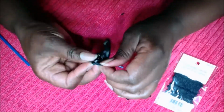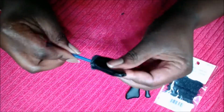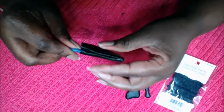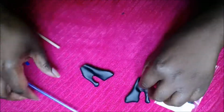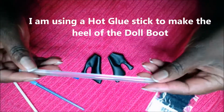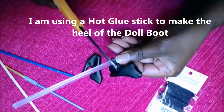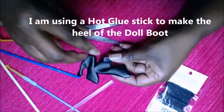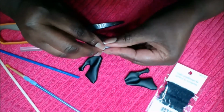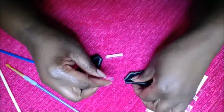is stick it in the back of the doll's heel, because that's going to fill out the shoe and make it look really nice. And then once you put the foam at the bottom of the shoe, you're going to take another piece of the fiber fill about the size of a cotton ball or a jack ball, and you're going to push it to the toe of the doll's boot, and that's going to fill it out. And then you're going to leave the center open, and in that area you're going to stuff the doll's